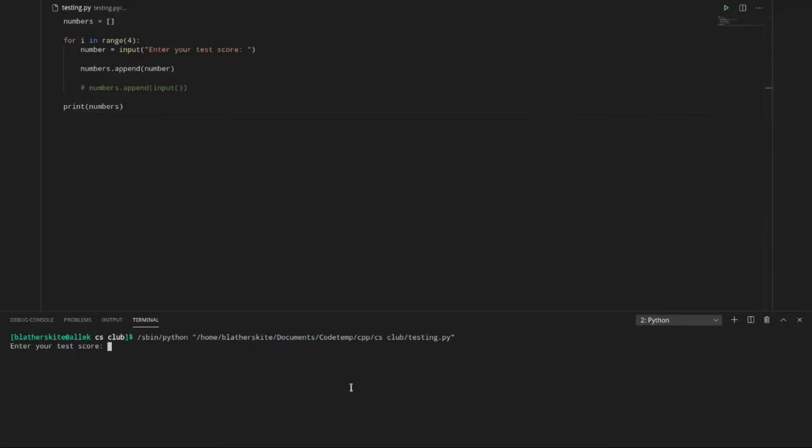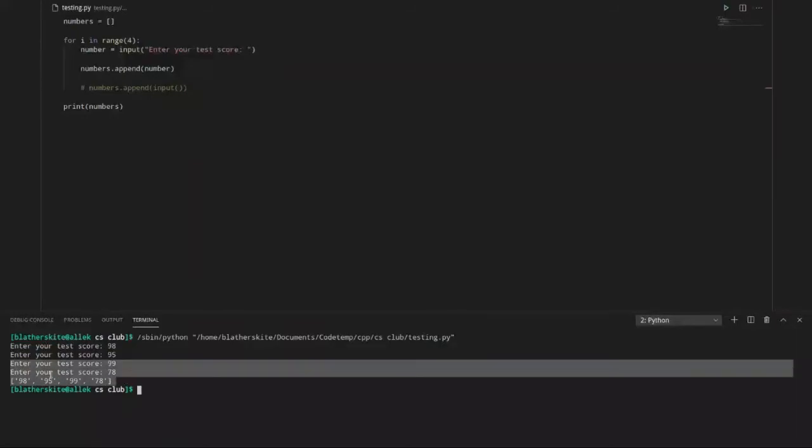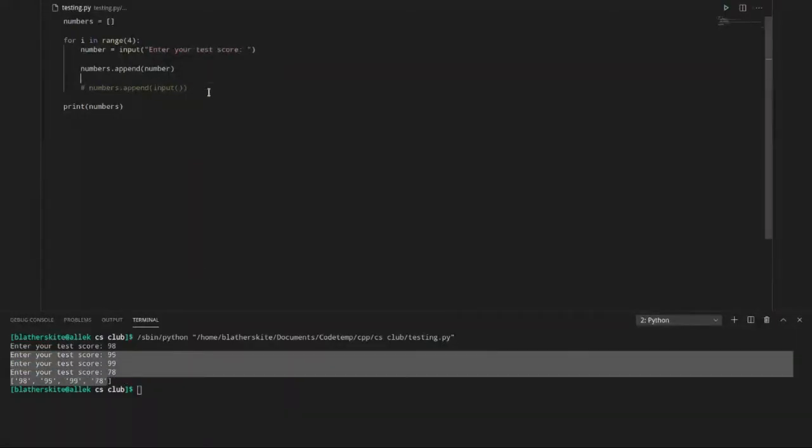Okay, so let's say I'm doing very well in my tests. I get 98, 95, 99. And then, sure, do like 30 or something, just for fun. So what this has done is exactly what I told it to do, as programming languages are good at doing. It took 4 inputs and added them all to the list. Then all I need to do now is find